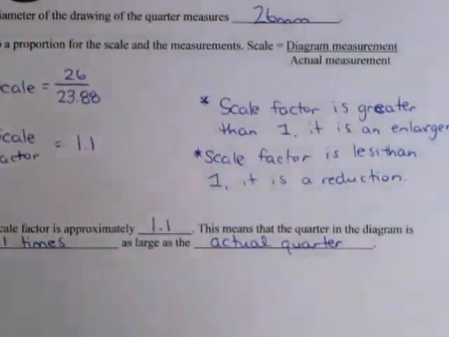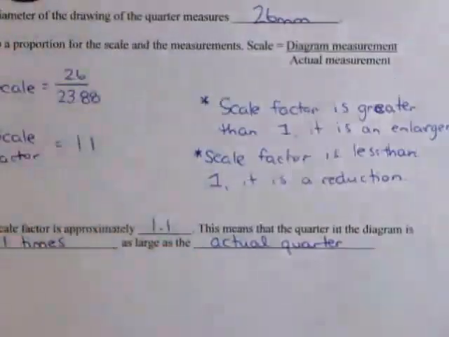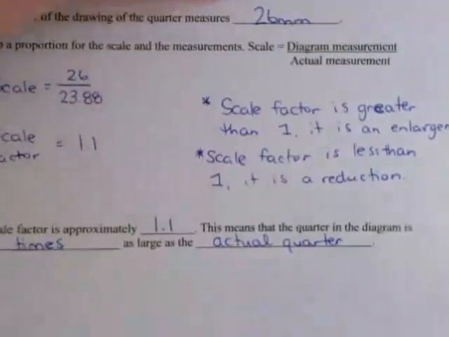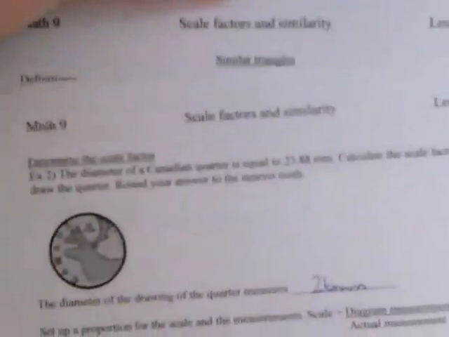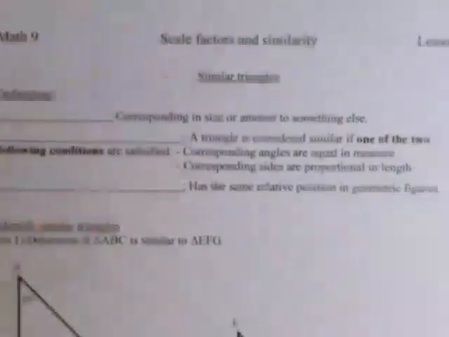Which means that what we drew up top here, this drawing, this diagram, is considered to be an enlargement. All right, moving along here. Now the next thing that we get into for this lesson here